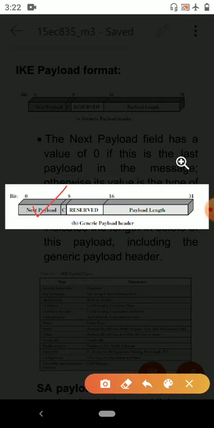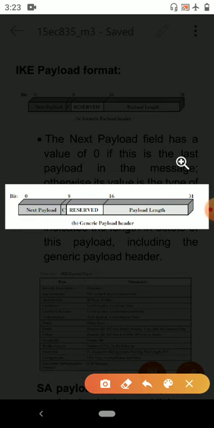Otherwise, its value is the type of the next payload. The payload length field, this one, indicates the length in octets of this payload, including the generic payload header.